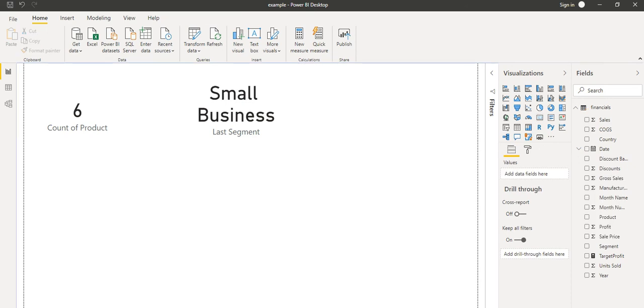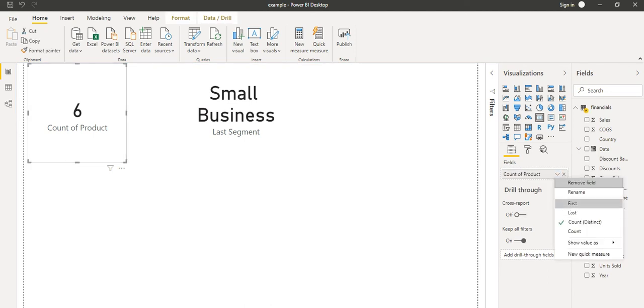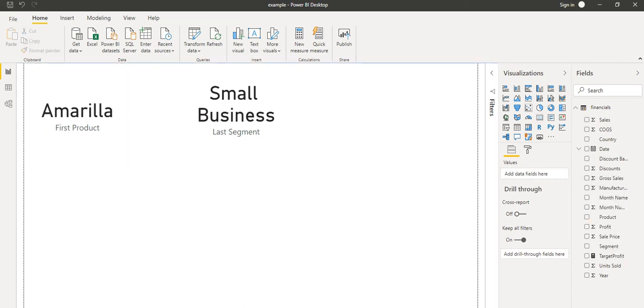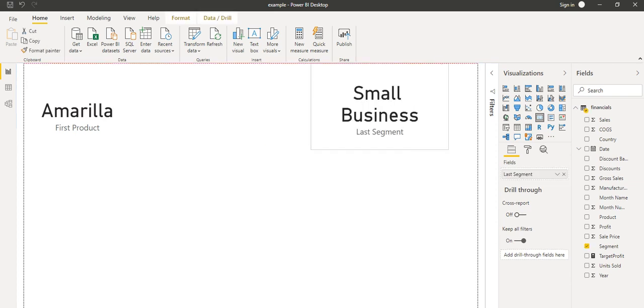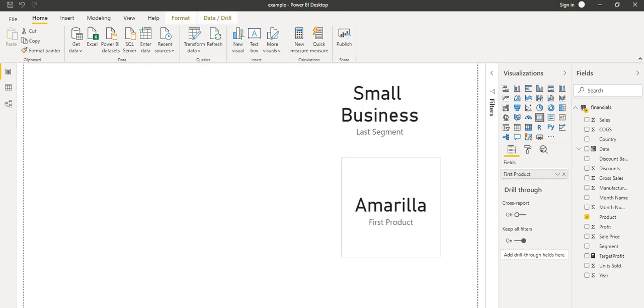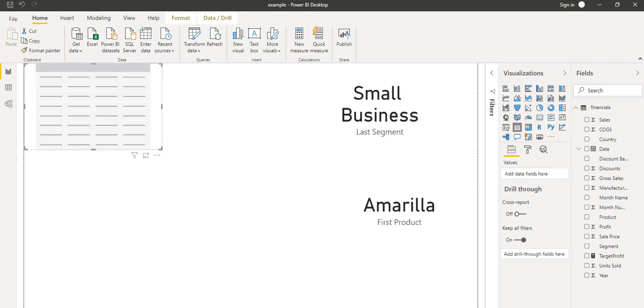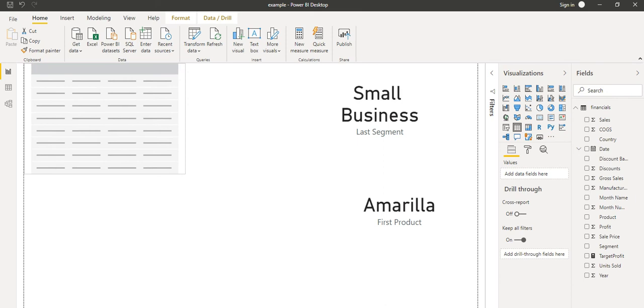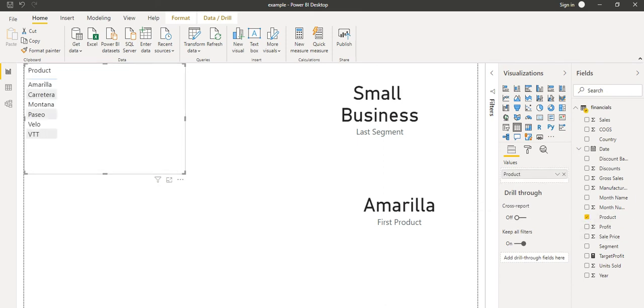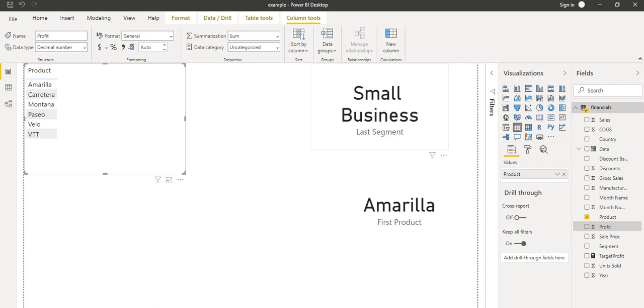Now let's make one example. We want to show some data. So let's make it the first only, and let's take it in this way, these two, and here I will take one table. In this table I will take the product, and with this product I will take the segment and the product.